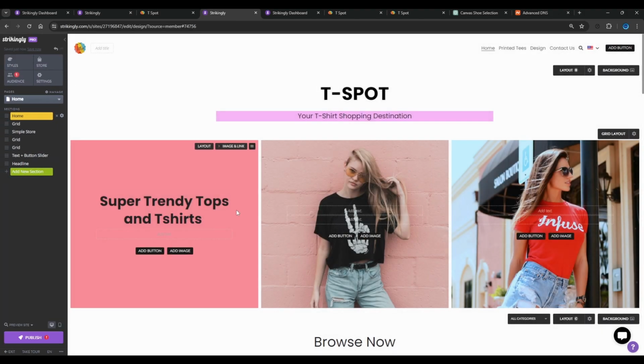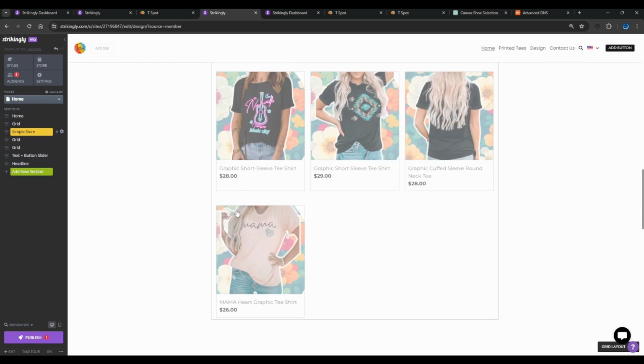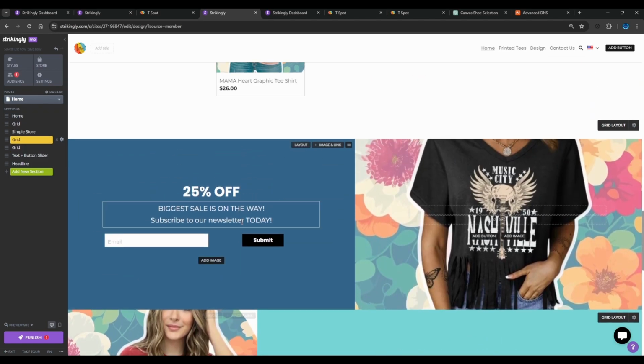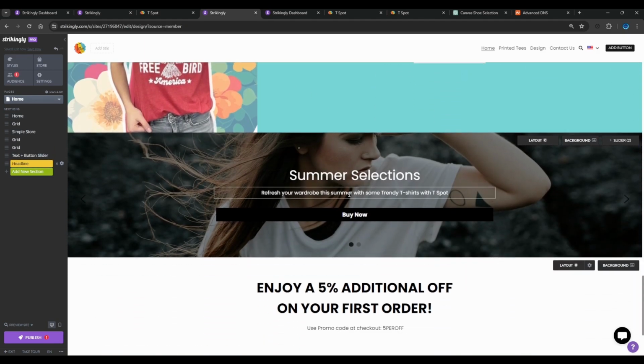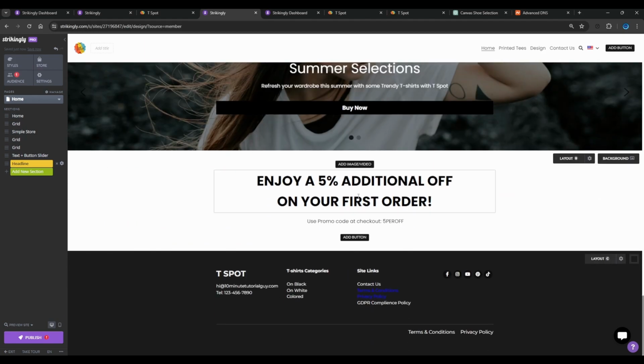So once you head back to the design, you just make sure that everything is set up correctly. And if you just want to add different text, you can change the text for any section on the website by simply clicking on it and making the adjustment. So I think I did this, and you can also update the images on any section of the website. I've also added a text section here,